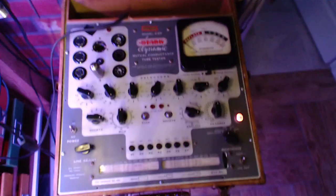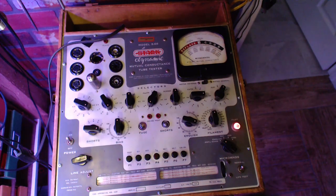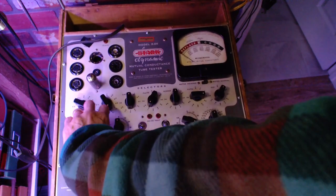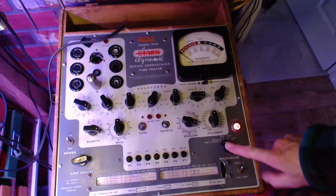Let's finish this test. Before I forget what I'm doing completely, I was double checking, and double checking is okay. Looking for shorts. Goodness knows if there was a short in a rectifier tube, we'd know about it already. This is set to